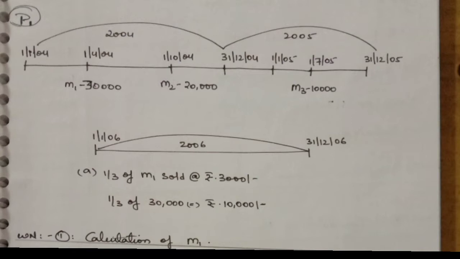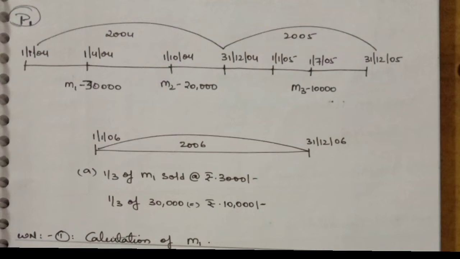So in 2006, on 1st January 2006 you have sold one third of the machinery installed on 1st April 2004. So on 1st April 2004, that is machinery 1, you are selling machinery 1 of amount 30,000. Out of that 30,000 you are selling one third, that is 30,000 into 1 by 3, which comes to 10,000. So 10,000 amount of machinery you are selling out of the business, and you are getting 3,000 amount for that